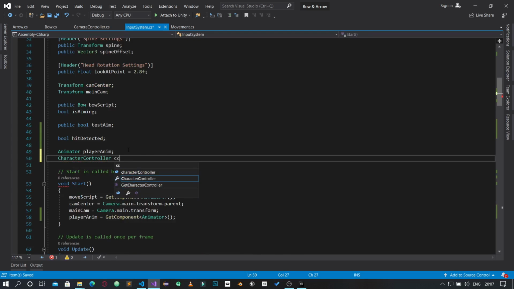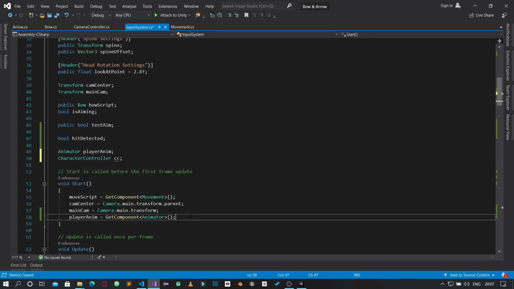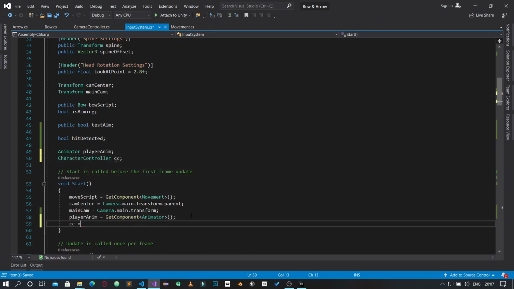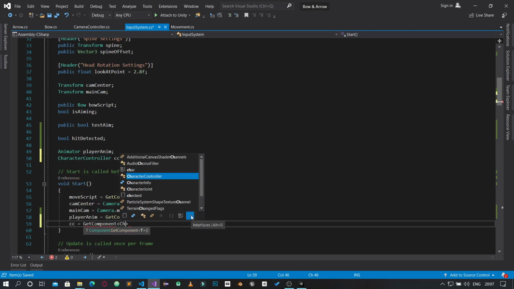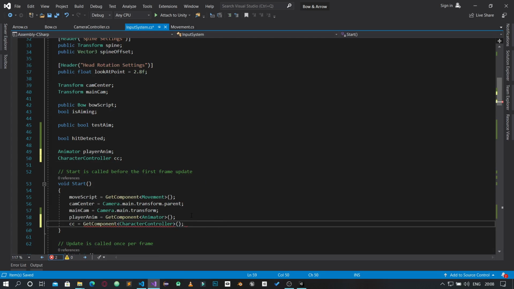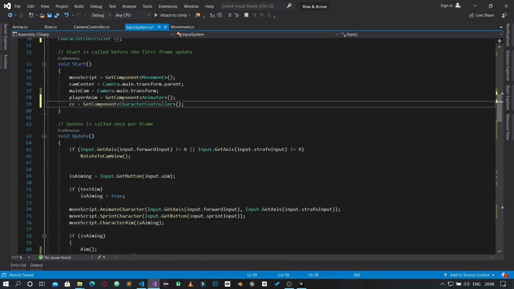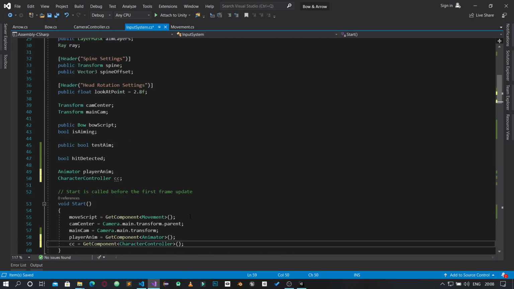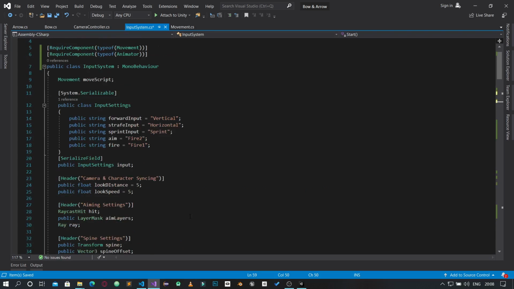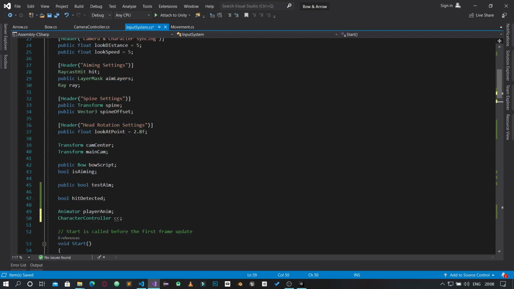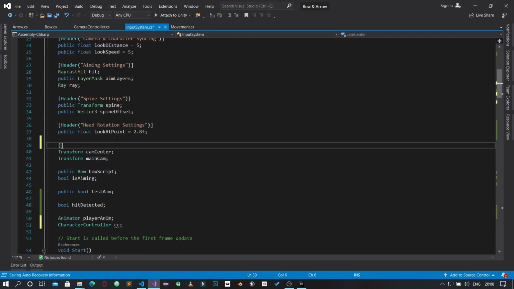We're going to say CC, and down here we are going to say CC is equal to get component. Going to get the character controller component, and once we get the character controller component, we also have to get, we're going to create a header here,